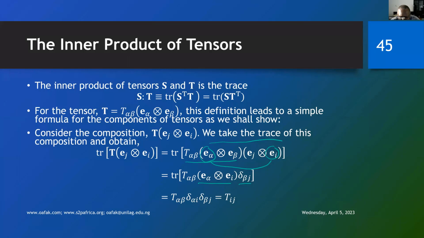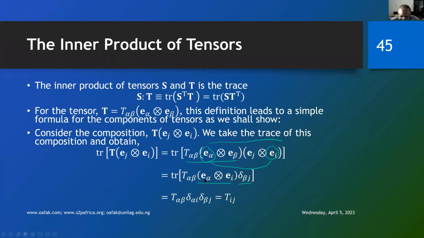So you remember that when we are composing two dyads, we just take the first thing and the last thing and take the dot product of the two that are near. So that gives you what you have on the third line here, so you see that it is simply